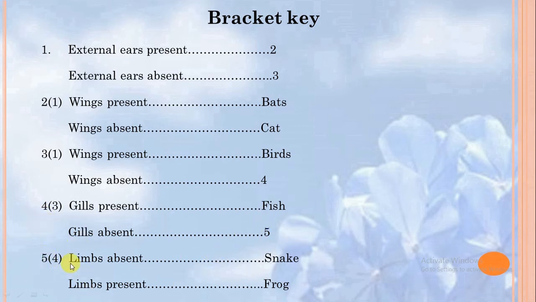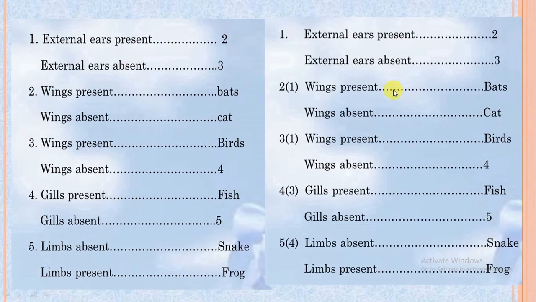So in case of bracket key, this numbering inside brackets makes it convenient to read this key from both sides. So it's a bidirectional key. We can read it from 1 to 5 or 5 to 1. Here again, both non-bracket and bracket key are shown, and these are very similar to each other except one thing, that is numbering inside brackets, which makes bracket key a bidirectional key.